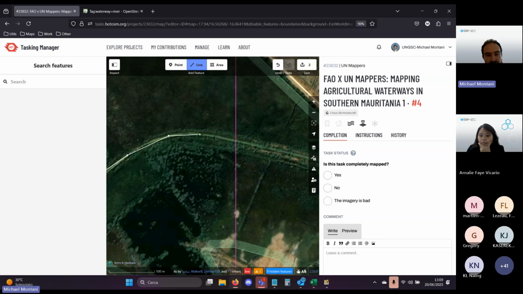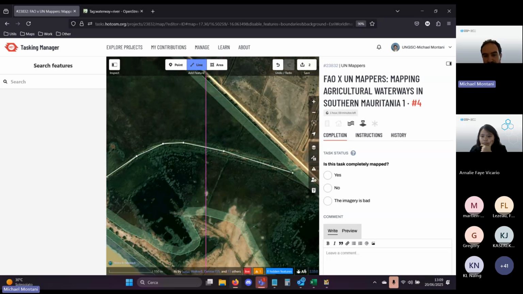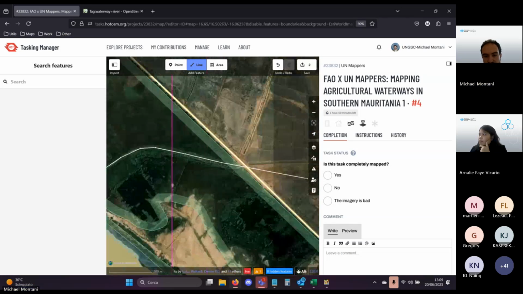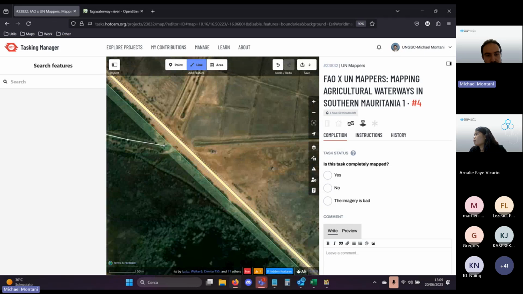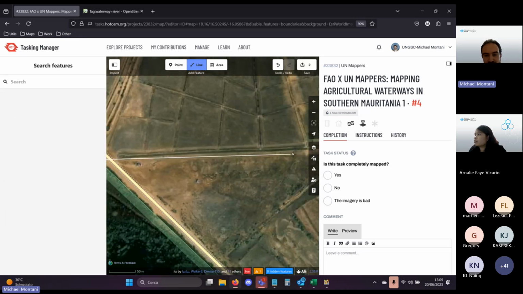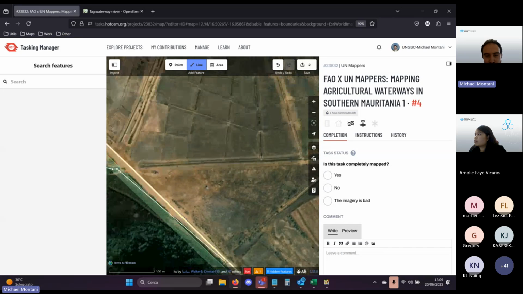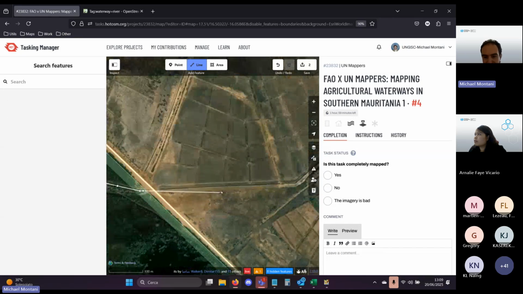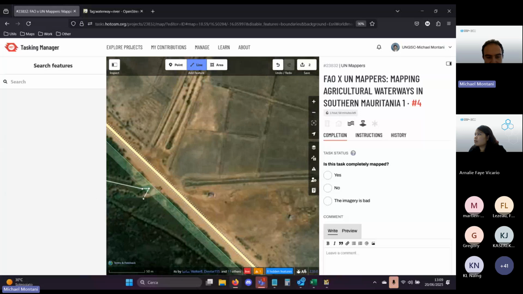And then I can trace the canal. So here you see is the same thing that we were saying before. I have a highway that is passing on top of the canal, because you see the canal is going here. It's a very regular shape and is going correctly to farmland areas. So that is definitely a canal.